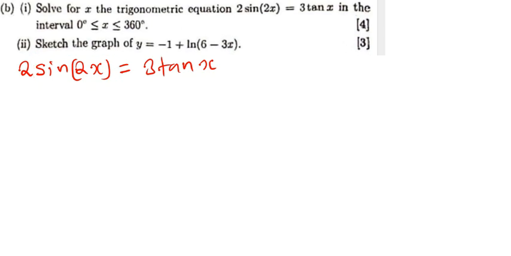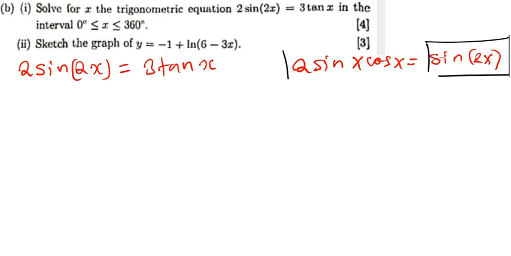There is an identity that you need to know. We call it 2 sine x cos x is equal to sine 2x. So what I'll do is I'll replace this with this. So this is 2 open bracket where there's sine 2x, we'll replace it with 2 sine x cos x is equal to